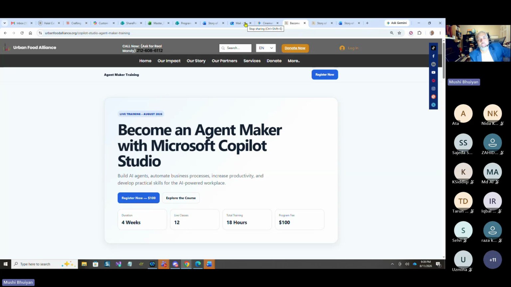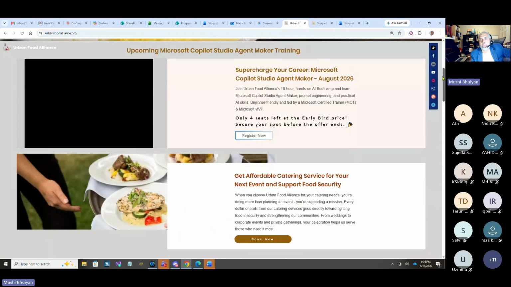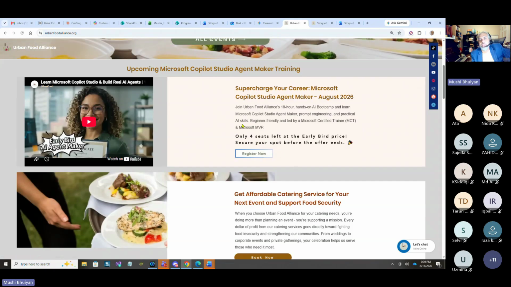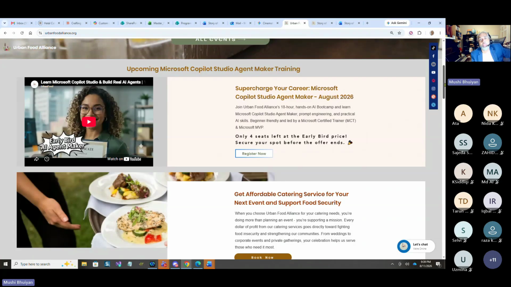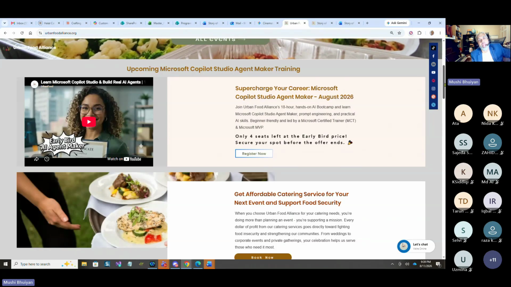She also shared it in there. If you go to the Urban Food Alliance website, right there, there's a register option first. Once the first four are gone, the system opens the next ones, and then the next one is going to be 200. So it increments every 10, then it increments 100.